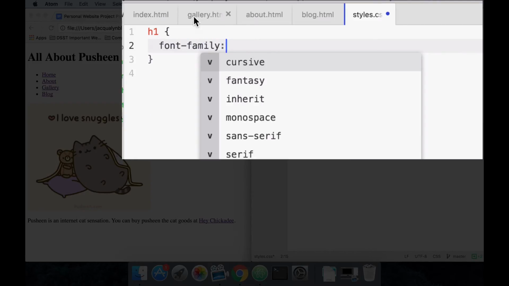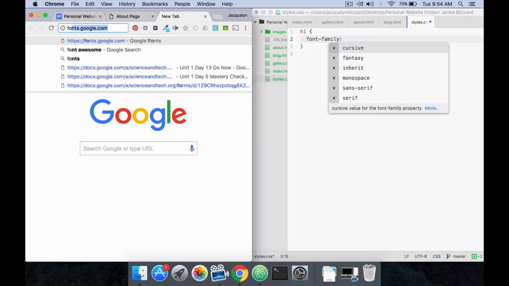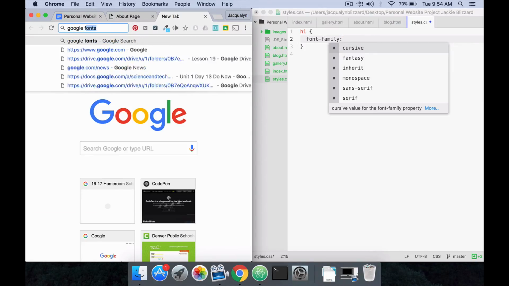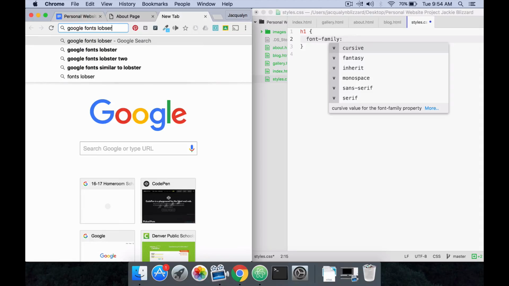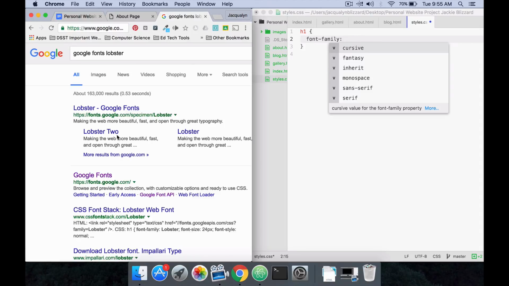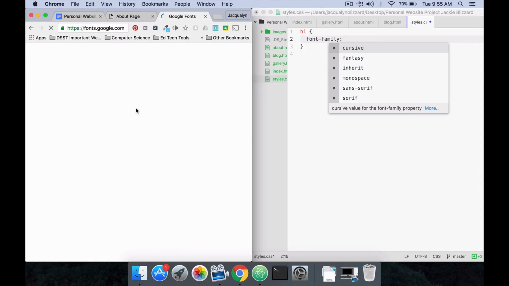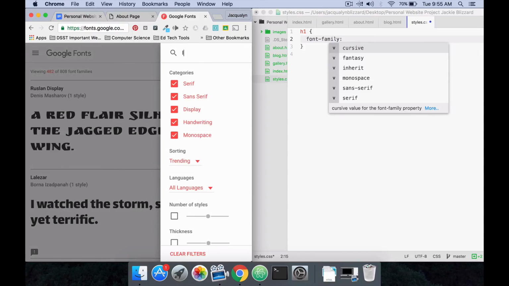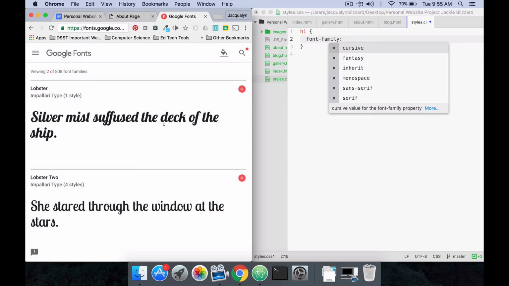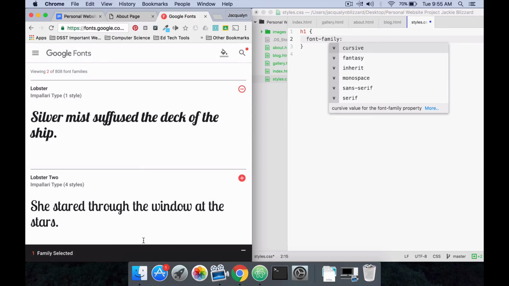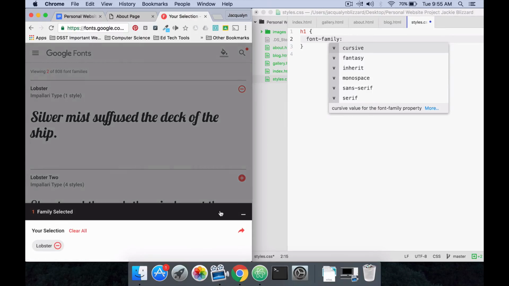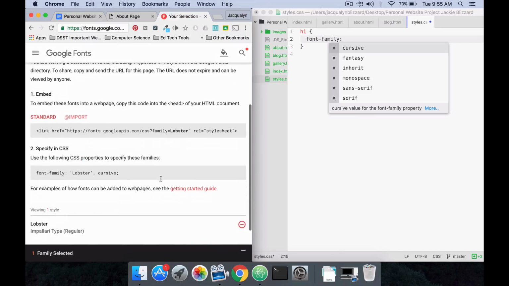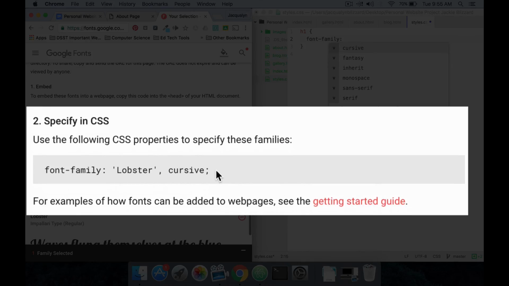And I can actually get the font family value from Google Fonts. So I shouldn't have closed that. I'm going to open that back up. I'm going to search for Lobster. And then, so this is my embed font. And then to actually use it in CSS, I have this font family, and I can set it to Lobster and then cursive. So I'm just going to copy this part